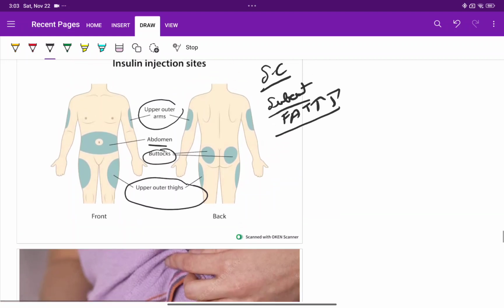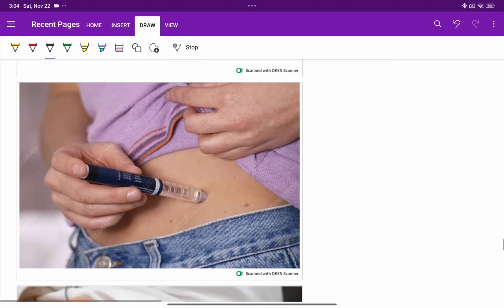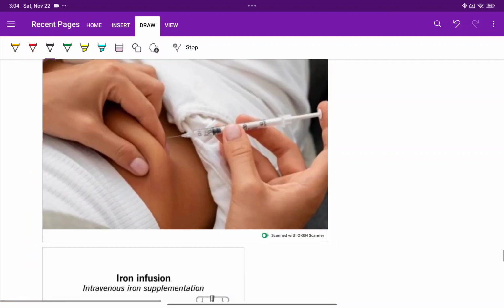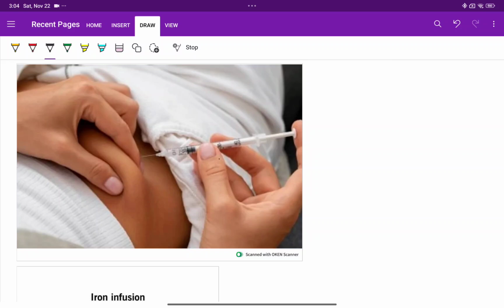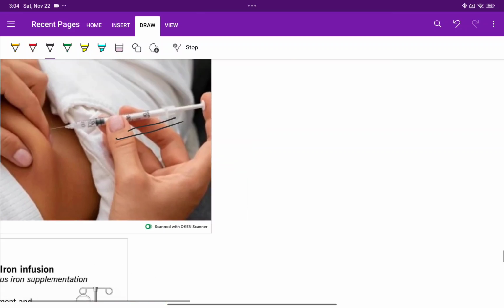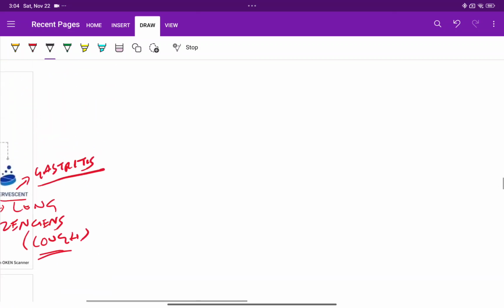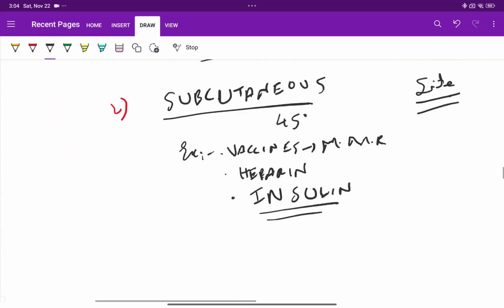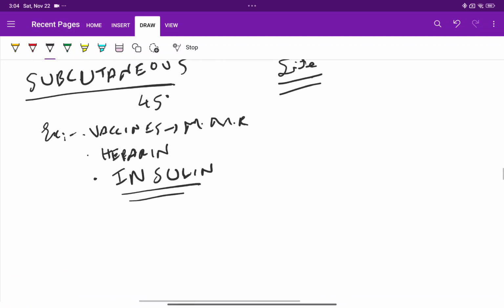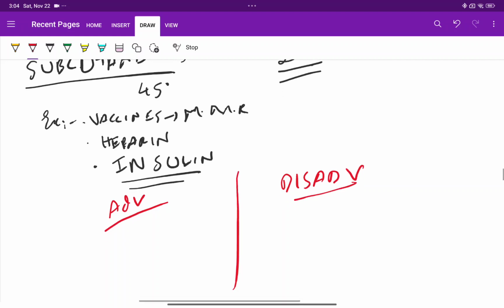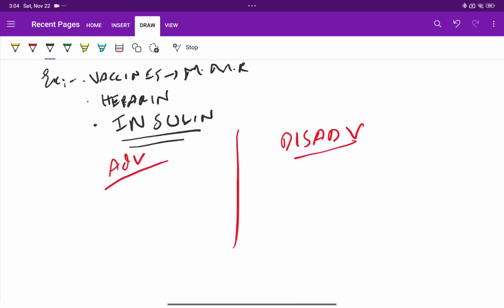A common example is insulin. Insulin is given in pen form, as an already loaded cartridge, or in the insulin syringe. This is the insulin syringe. Let us now see about the advantages and disadvantages of the subcutaneous route. An advantage, for example with insulin: